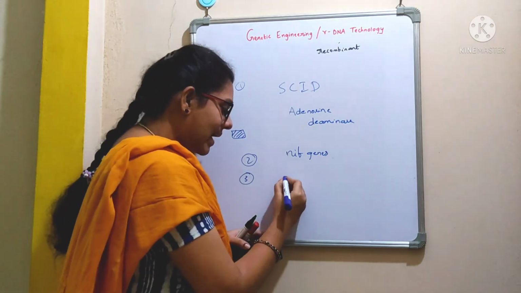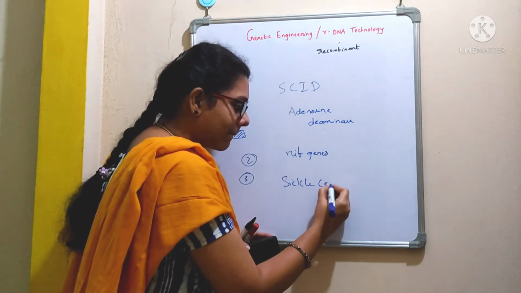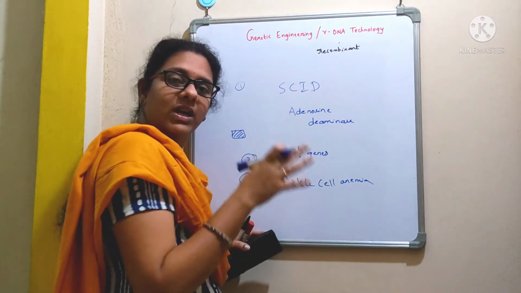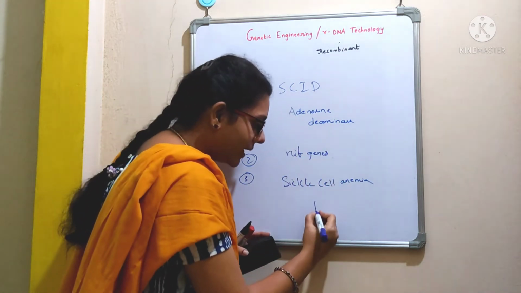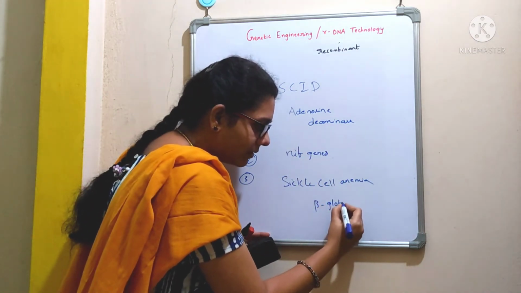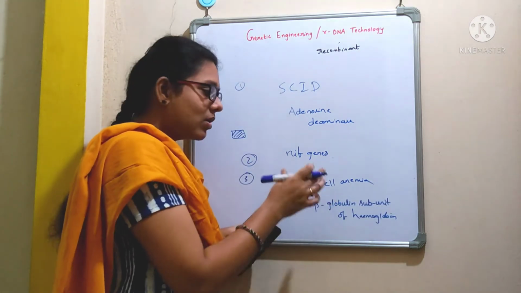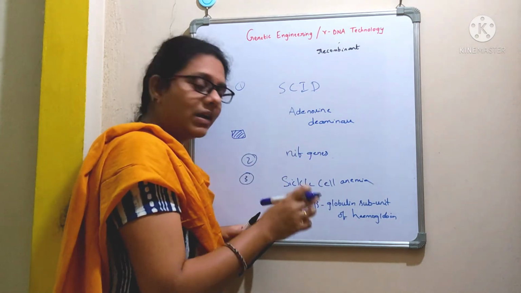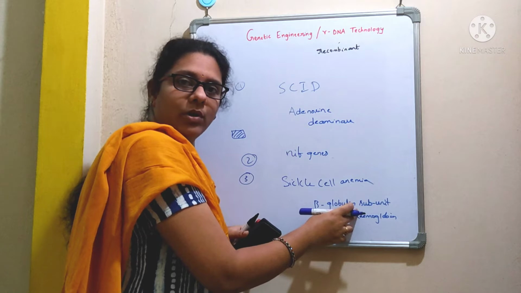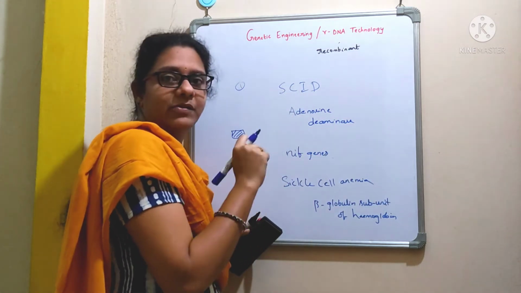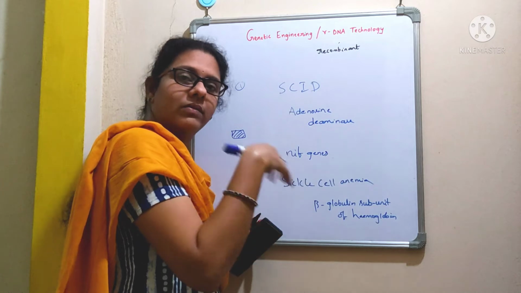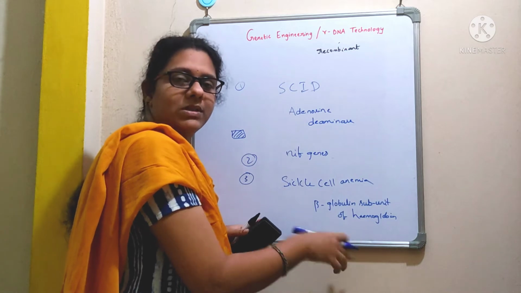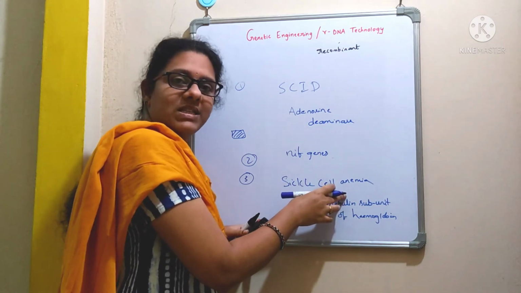You might have heard about sickle cell anemia, right? We can even correct this deadly disease if we incorporate the gene that codes for the beta globin subunit of hemoglobin. People suffering from sickle cell anemia have a defective gene that codes for the beta globin subunit of hemoglobin. If we can incorporate an active gene in place of this defective gene, capable of producing this beta globin subunit of hemoglobin, we can correct the disorder of sickle cell anemia.